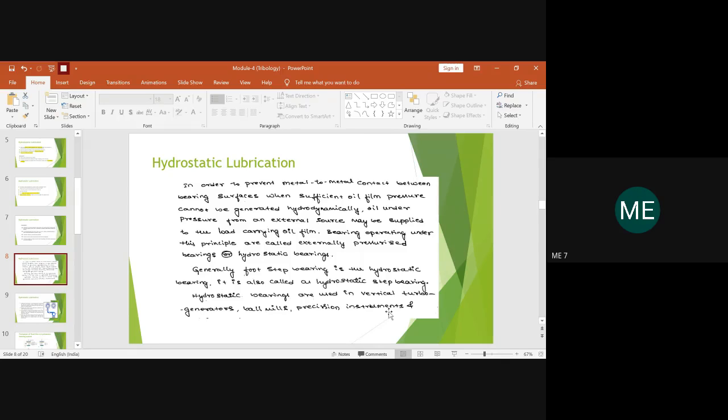Also, precision measuring instruments are very complicated and expensive equipment operated to determine functional properties of smart materials as well, right? Here also the results should be very accurate. For that you cannot go with hydrodynamic, because there it moves eccentrically and hence the accuracy of position is not so good. Where you need a measuring instrument with proper accuracy, it is always better to go with hydrostatic lubrication. These are the examples in which hydrostatic bearings are mainly used.